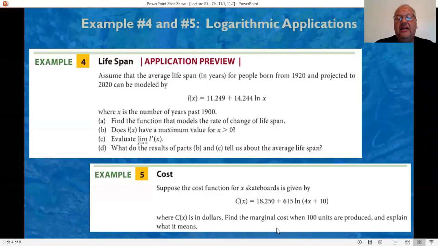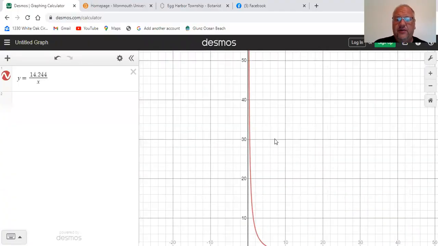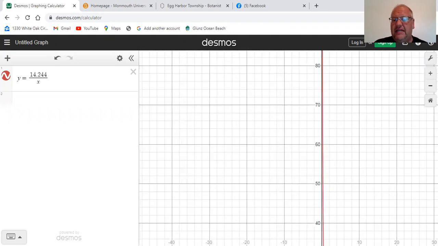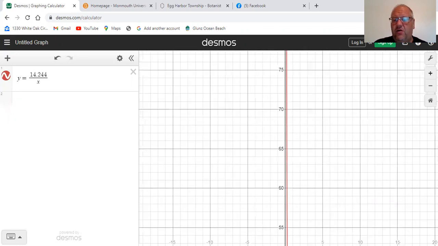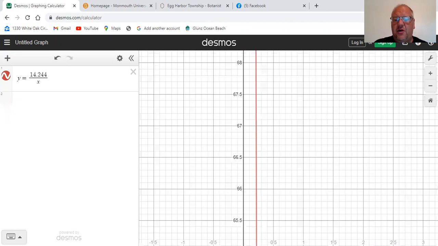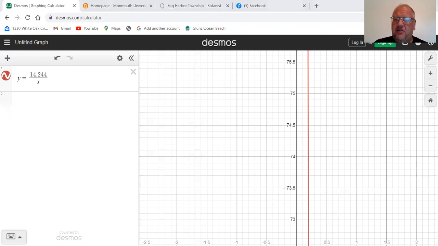The question reads, does L of x have a maximum value for x greater than 0? And the answer is it doesn't have a maximum value. The primary reason is not because of how it carries on toward infinity, but the highest value of y for anything greater than 0 is actually up here. And if you look, as we get closer and closer to 0, meaning what about when x equals a very small quantity? It doesn't matter. It keeps going up and up and up, and it will never cross. So the answer is there is no maximum number. It could be 1 million if you have the correct value in there. All right. Next part